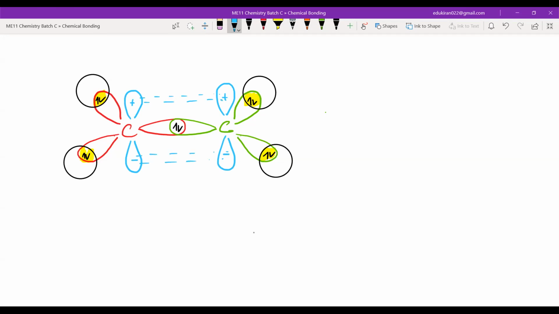Please don't think that because you have some blue dash lines here and there is one bond formed here, it means 3 bonds. It is only 2 bonds. Can you guys understand that first? Yes, sir. Because how many lobes are interacting? Here there are 2 lobes interacting. That is why it is a pi bond, and only 1 pi bond, not 2 pi bonds. Here the angle will be equal to 120 degrees. Here the angle will also be 120 degrees. The shape you will see like this, as you can see.